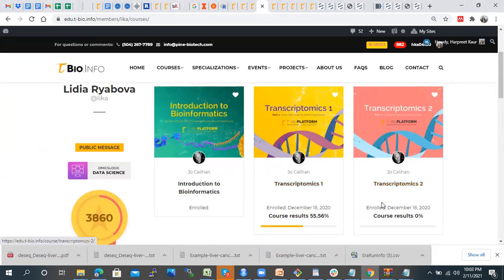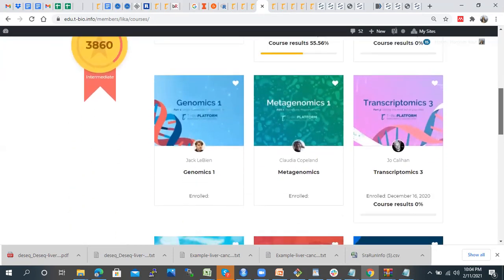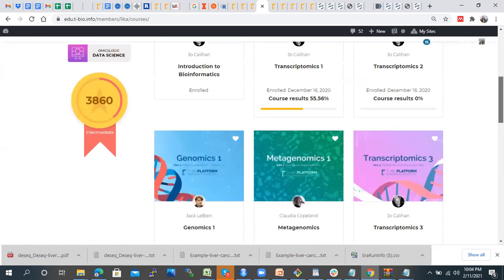Transcriptomics 2 is about how you process your data, like log scale transformation, normalization, and different statistical approaches, like DESeq, which I have already shown you. Besides that, how you can apply a t-test in Excel, and then in R as well. Transcriptomics 3 is about applying machine learning on your data.